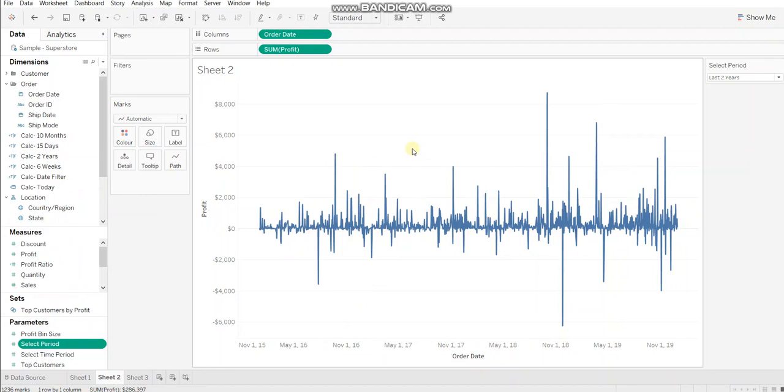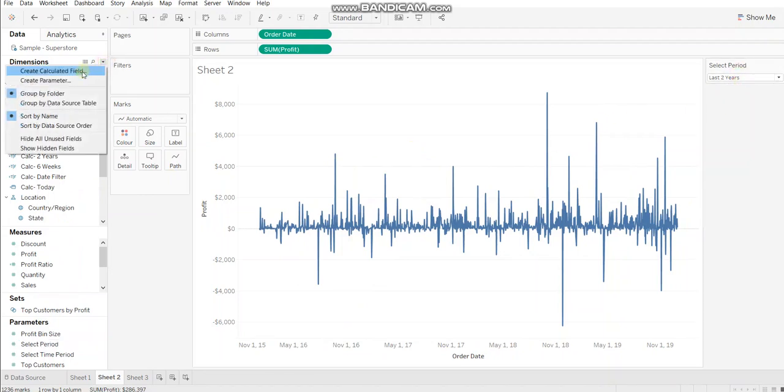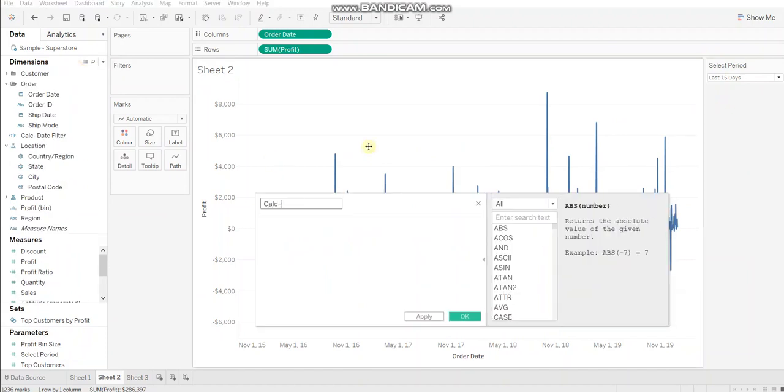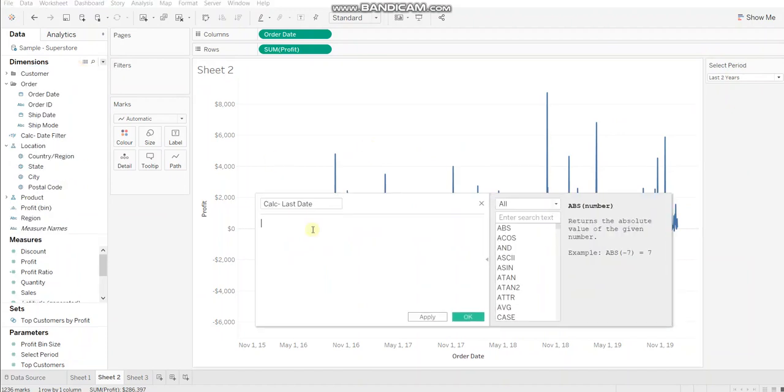Now we'll build calculations for these specific periods. So let's create a calculated field. Let's name it last. When you compute calculations for period specific scenarios, in such cases, you basically retrieve data that falls between the start date and the end date. And in this case, the start date is dependent on the end date.